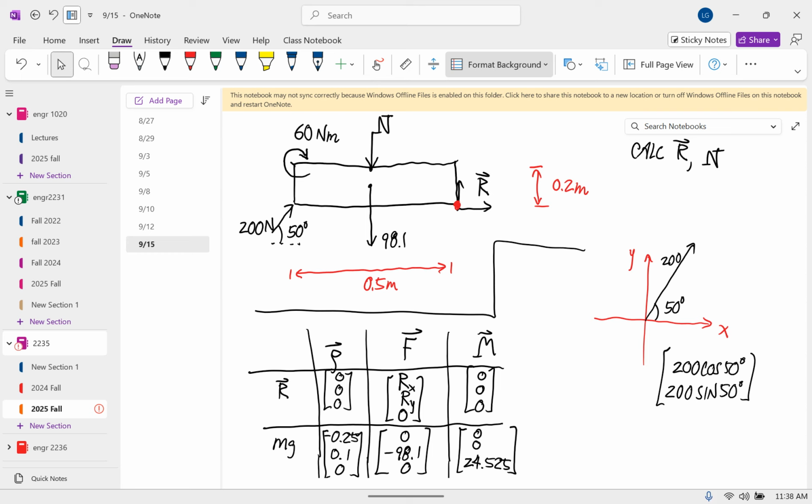And I mean, even in our world, they would behave similarly for small motions and stuff, but